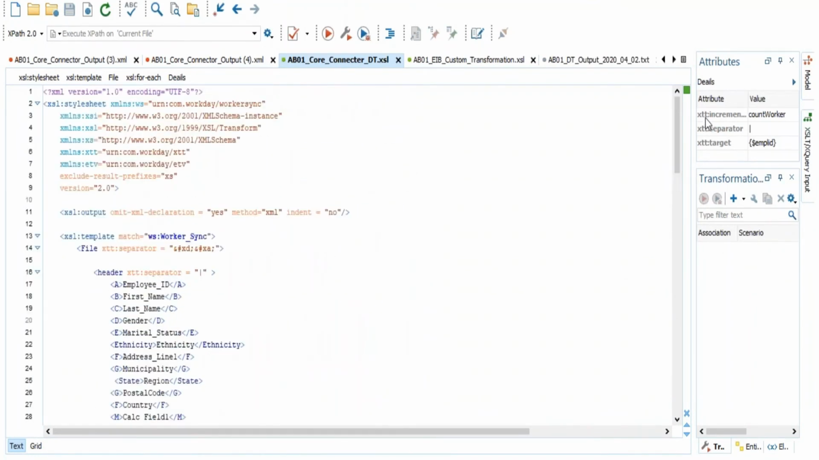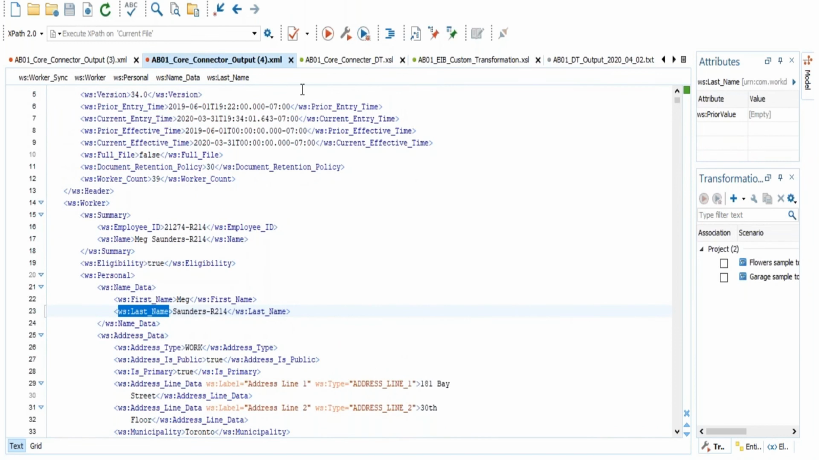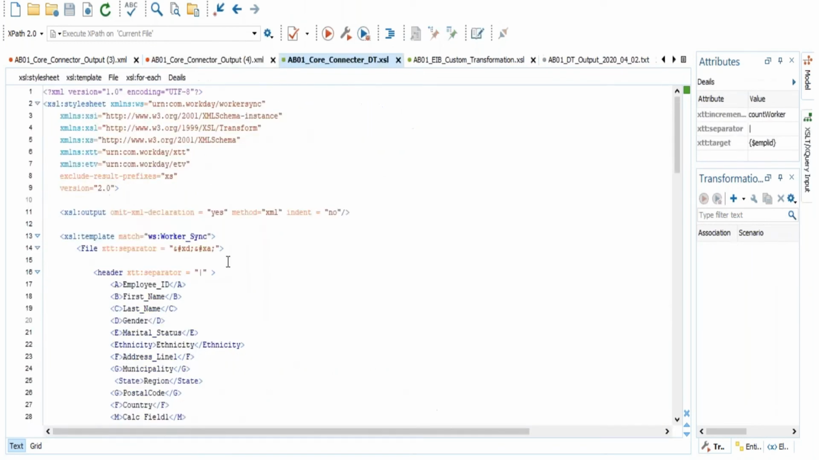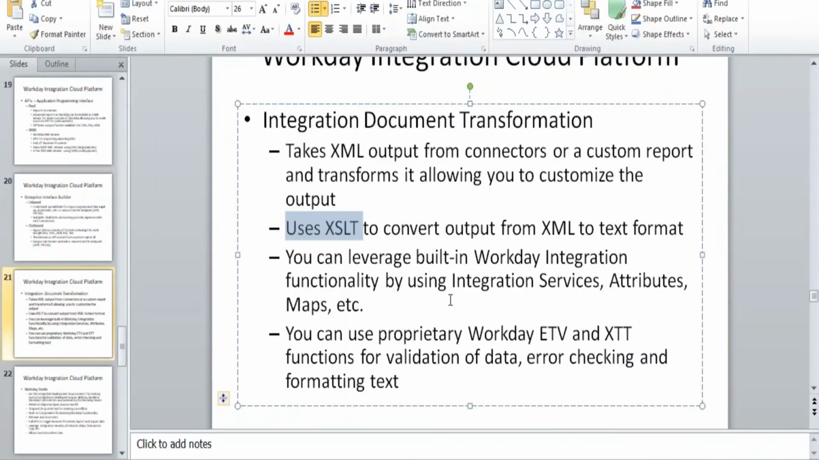So XSLT is a language which reads an XML input. It reads this input and transforms it into a text file or a CSV file. So in document transformation, we'll be applying some code to transform documents from one format to another format. Additionally,